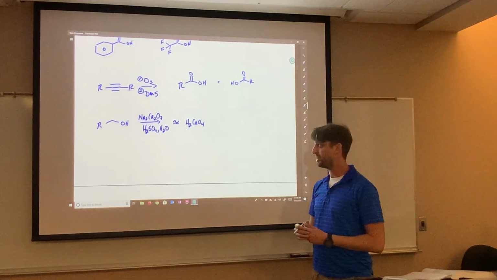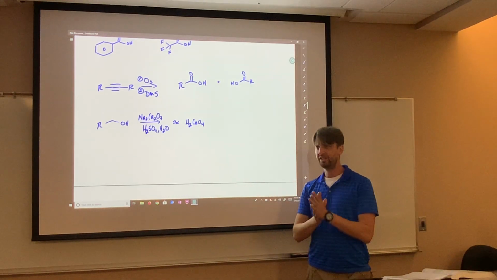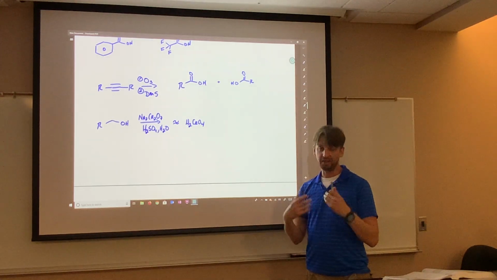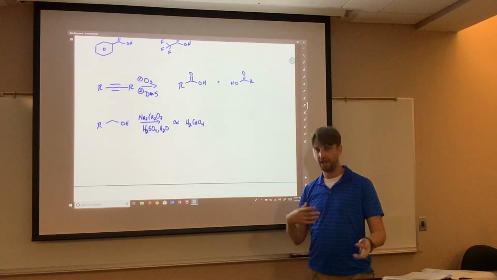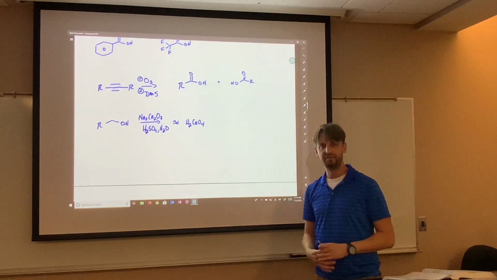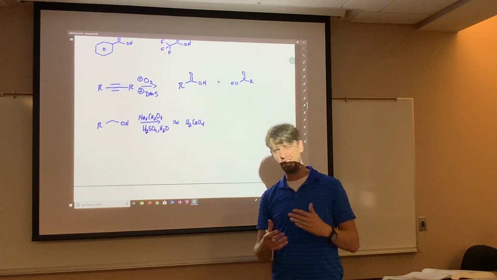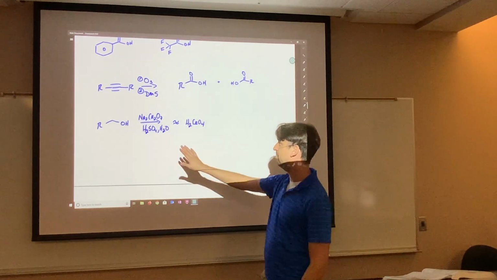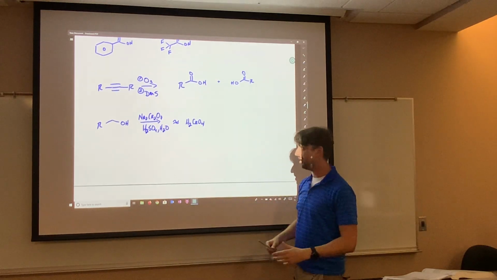That's a very common qualitative test, actually, to look for primary alcohols. There's a lab that tends to get done where it's just qualitative functional group testing. So we give you guys an unknown and we say, do these reactions. If we see a precipitate form from manganese, then we know there's a primary alcohol or an alkene in there and all this kind of stuff. I don't know what labs you guys are walking through this summer, but maybe you've seen that done. But anyway, looking for a transition metal with lots of oxygens, indicative of oxidation,